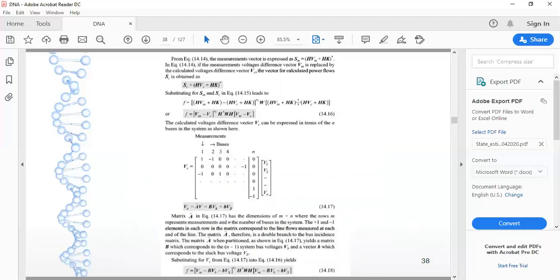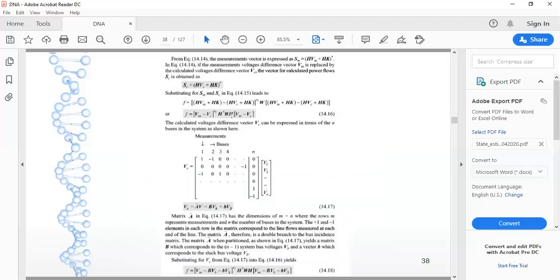Now the beauty of this equation: when we substitute the values of Sc and Sm in terms of H into Vc and H into K, Hk and Hk have opposite signs, hence they will cancel each other out. So now my simple equation will be Vm minus Vc, multiplied by H transpose. Over here, once again, this Hk and this Hk will be cancelled out. Hence, once again, it is Vm minus Vc multiplied by H.